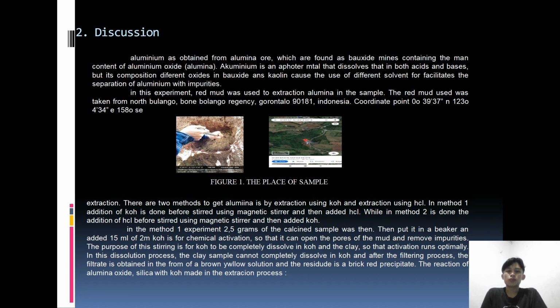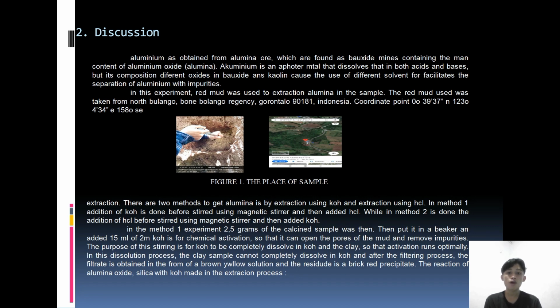There are two methods to get alumina: extraction by KOH and extraction using HCl. In method 1, the addition of KOH is done before stirring using a magnetic stirrer, and then HCl is added. While in method 2, HCl is added before stirring using a magnetic stirrer, and then KOH is added. In the method 1 experiments,